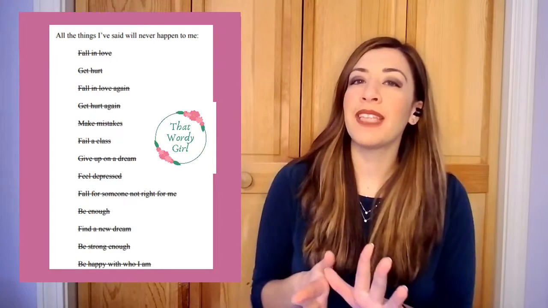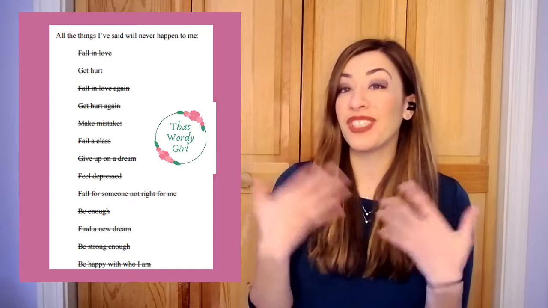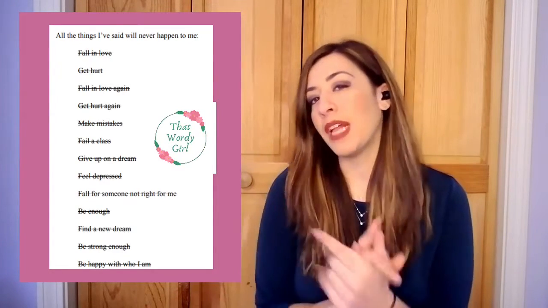So I went out of my way to write a more uplifting, positive poem using the tools that we just discussed. This poem contains a little bit of that backward reflection we saw in the reverse poem. It contains careful line spacing and specific line breaks. It has the strikeouts, it has the list, and before anybody can say anything, this is only a snippet of the poem. I could not screenshot the whole thing because of the format it was in. So this is not the full poem. I promise you, it actually does end happier. But if you want to see the full version, that will be available on my Patreon in a few weeks.